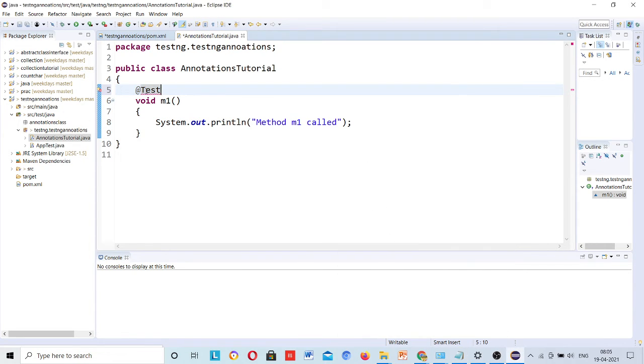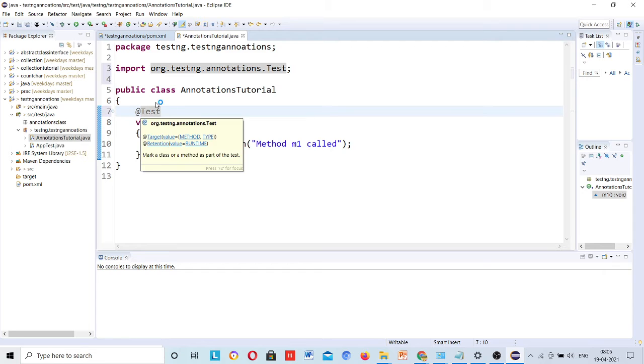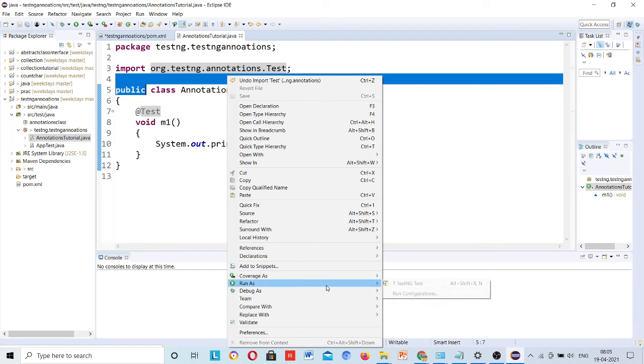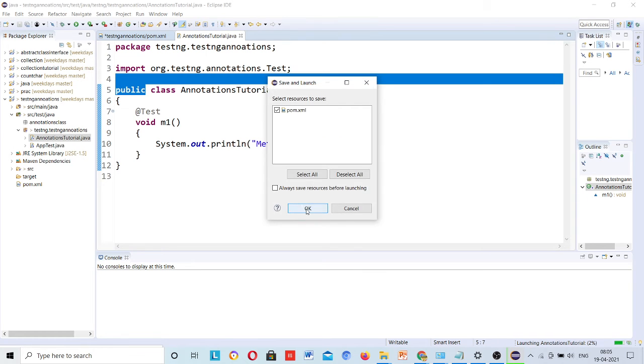Now the first time you just need to mouse over here and import testng.annotation. Next you can see this is imported. Now you can right click, run as TestNG test, and the report will be generated.